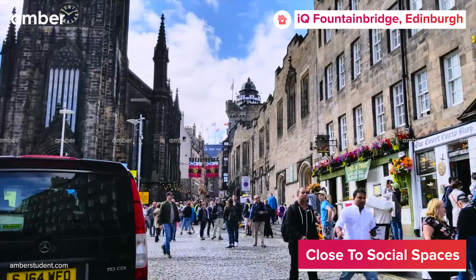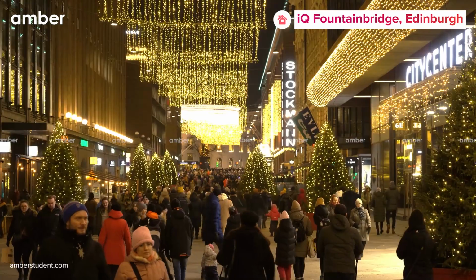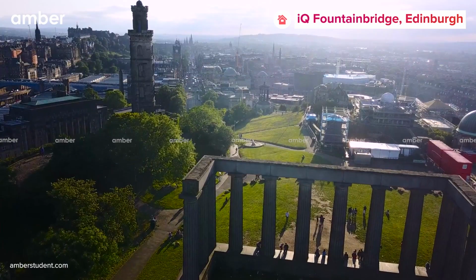Festivities bring a splash of life with their bright colors and high spirit. Starting from the sunny summer festival to the whirlwind winter festival and captivating tales of ancient legends, IQ Fountainbridge Edinburgh is the ideal place to find your identity by experiencing a picturesque journey of